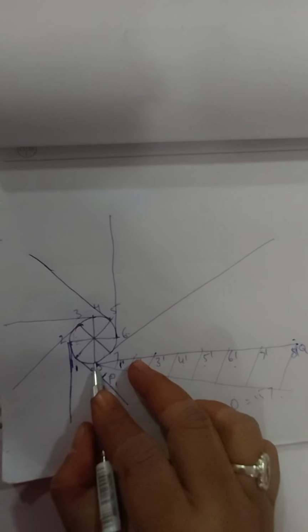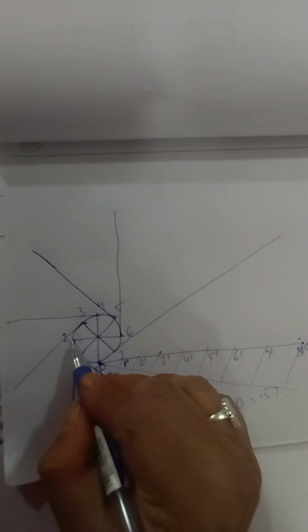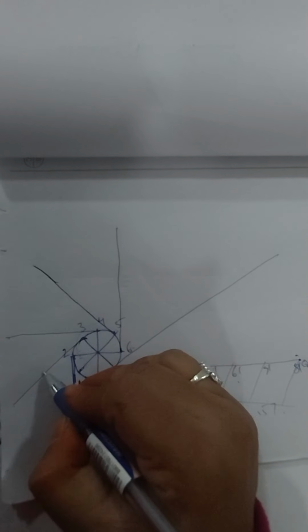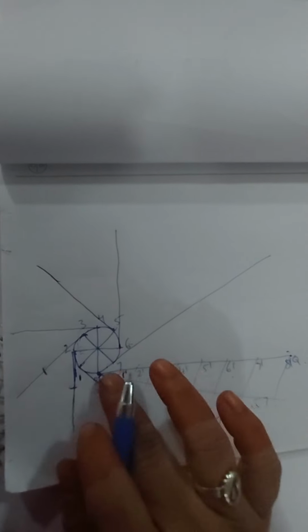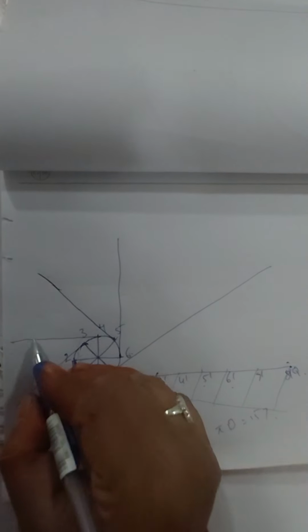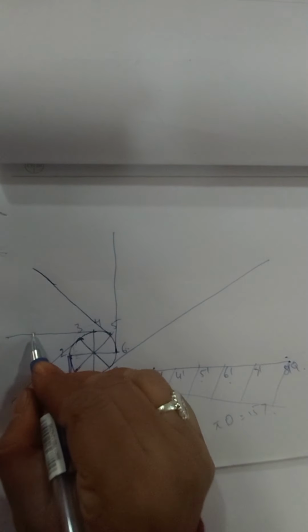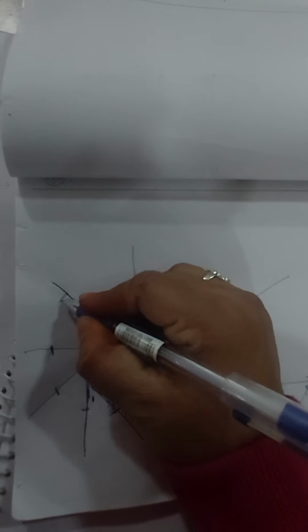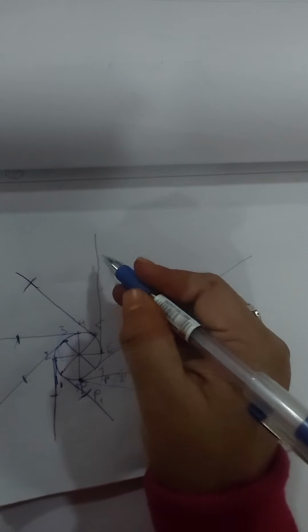Next, P2 dash as radius and 2 as center, cut the arc. Next, P3 dash as radius, 3 as center and cut the arc. Follow the same procedure for the remaining divisions. Say P4 dash as radius, 4 as center, cut the arc, to get the point P4, and P5 dash as radius and P5 as center, cut the arc,